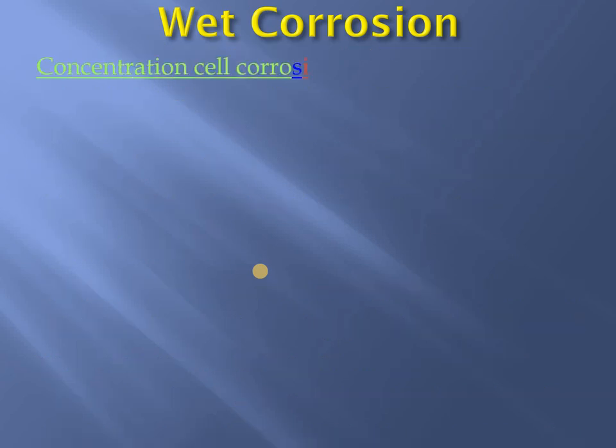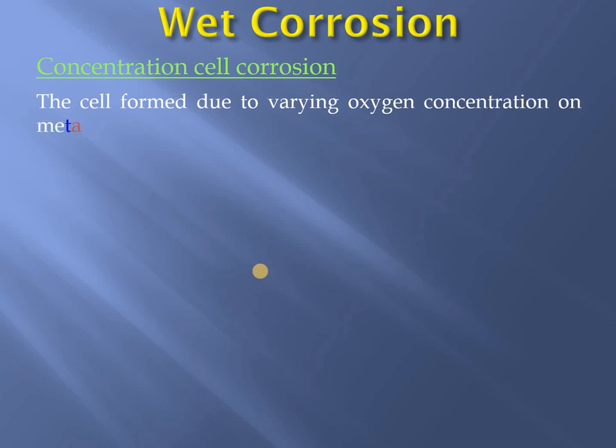Now, second type of cell is the concentration cell corrosion. So first is the galvanic cell formation leading to the galvanic cell corrosion, and second is the concentration cell corrosion, which is due to the formation of a concentration cell. Now the concentration cell is nothing but the cell formed due to the varying oxygen concentration or varying electrolyte concentration